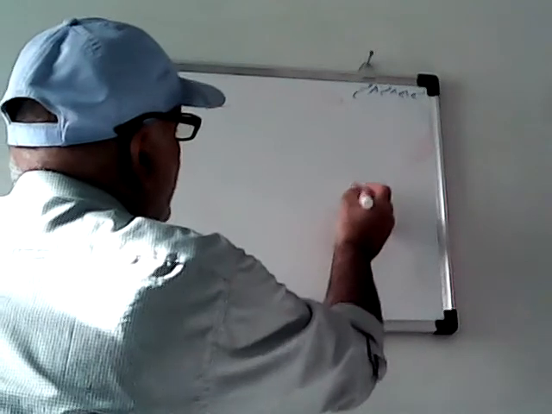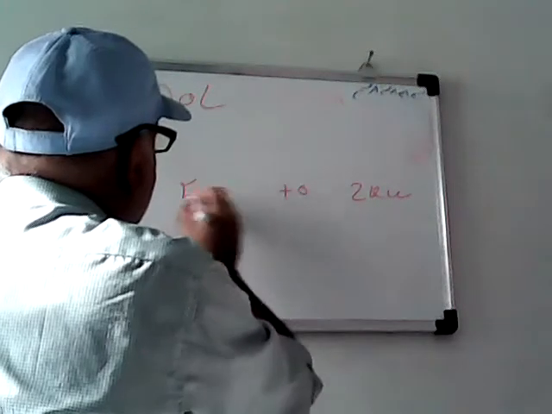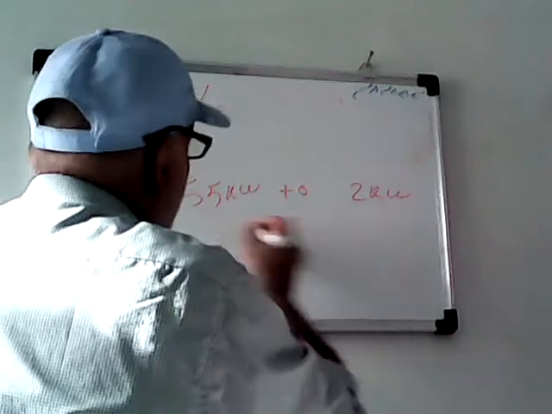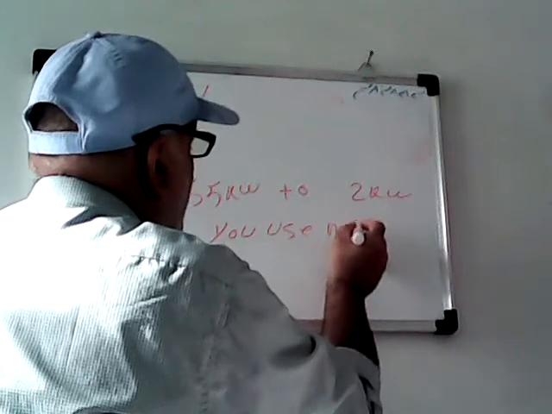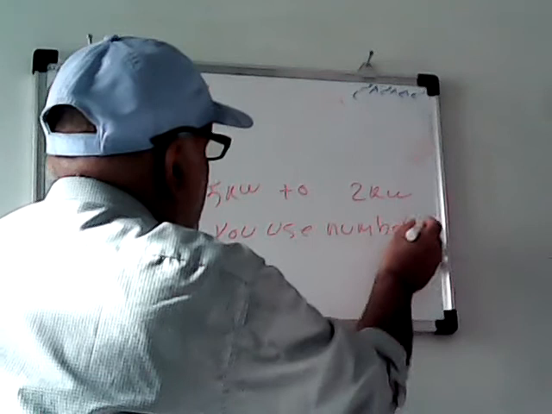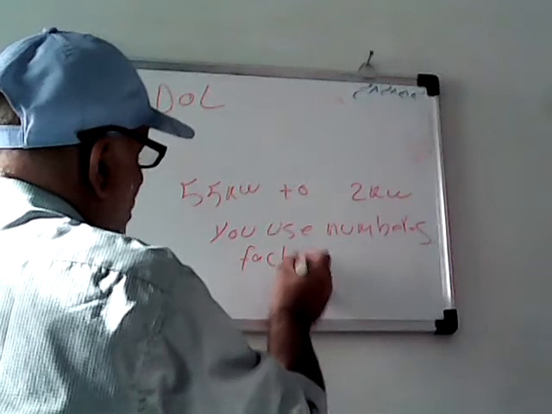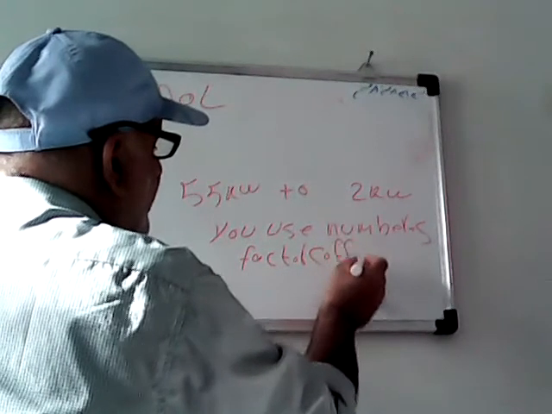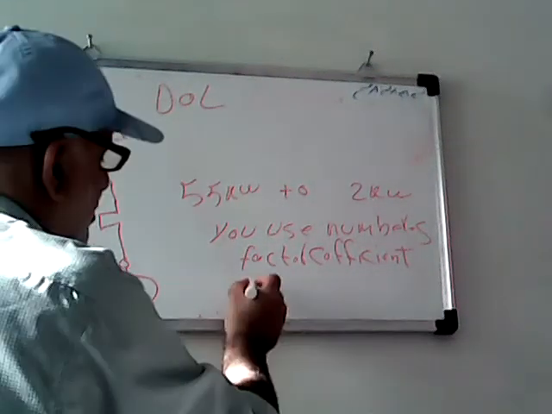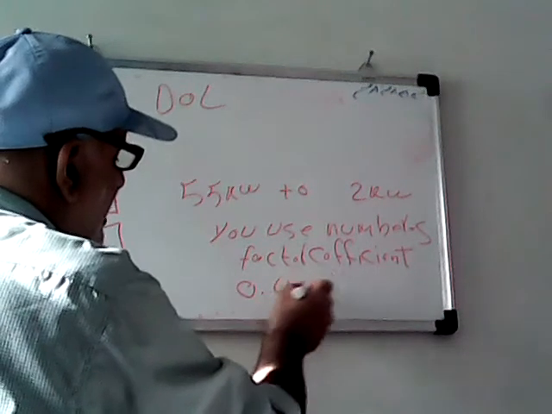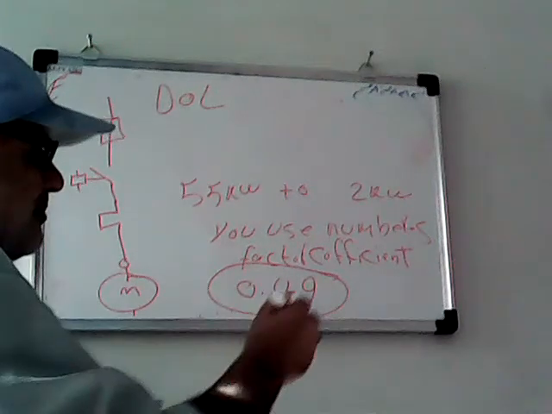Then from 2 kilowatt to 55 kilowatt, you use a number or factor, a coefficient, 0.49. It's an important number. For example,